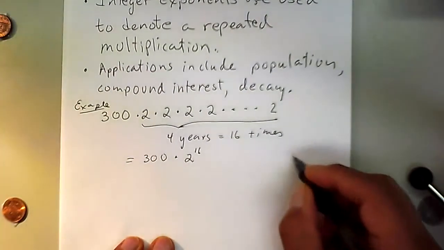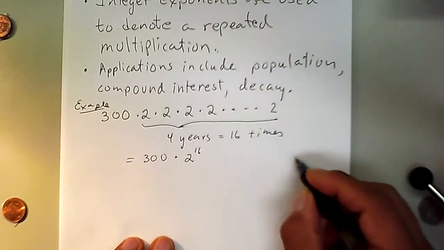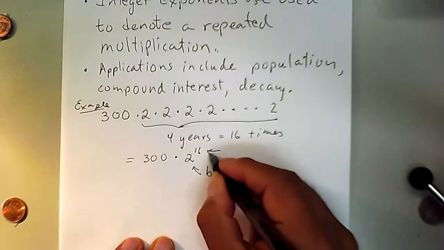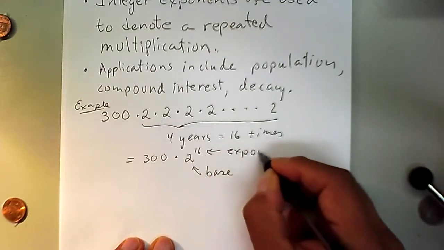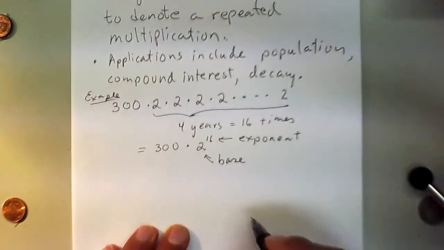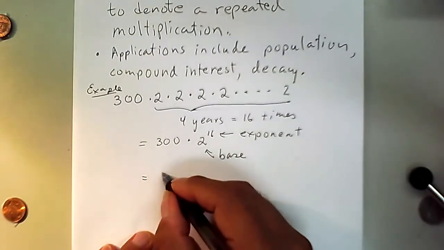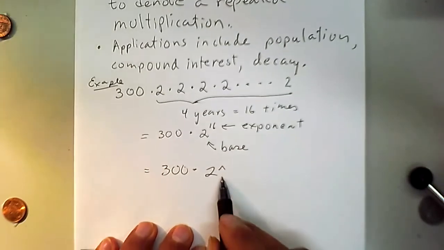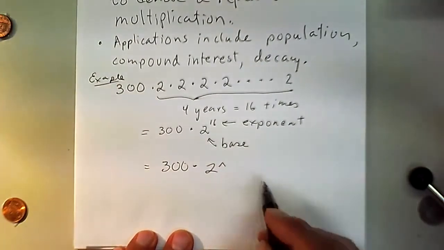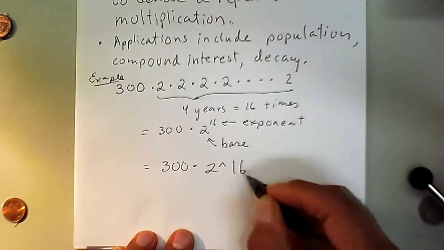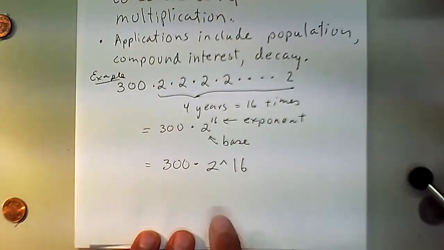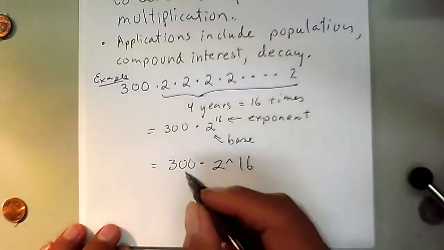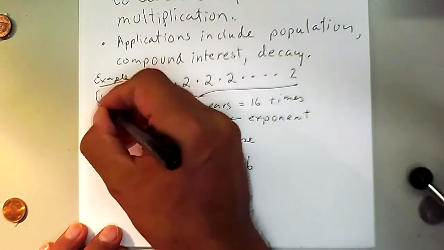By the way, whenever you're using an exponent, this guy is called the base, and this guy is called the exponent. And sometimes, when we don't have enough room, we write this as 2 hat 16. This is a symbol on the keyboard. That means that 16 is the exponent of the 2. So that is sometimes what we do. Also, so this is one example. It's called example 1.